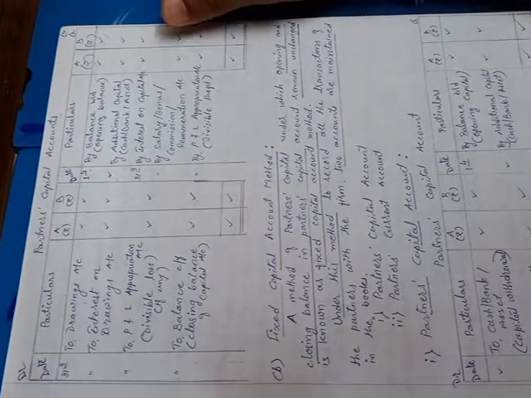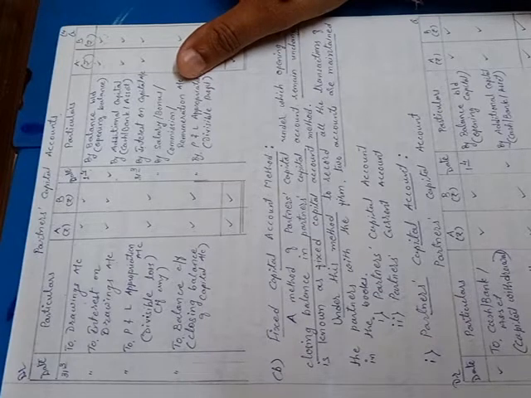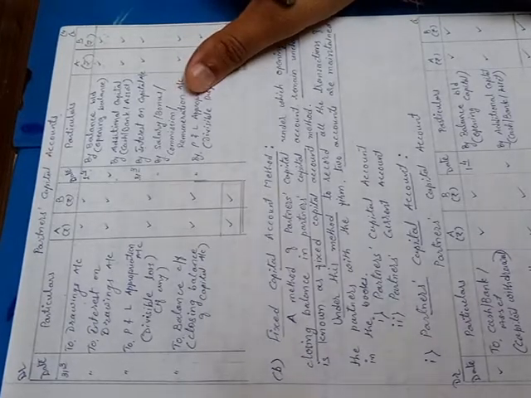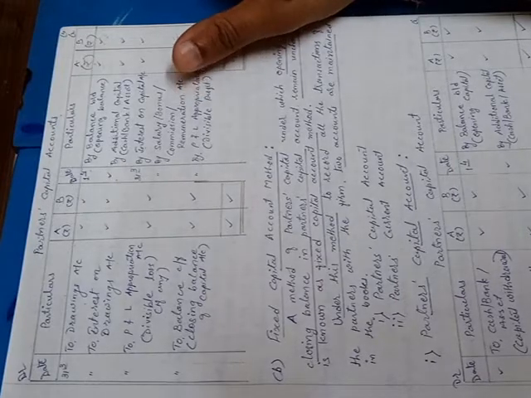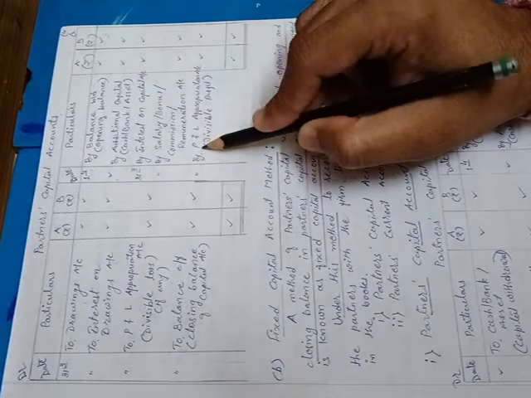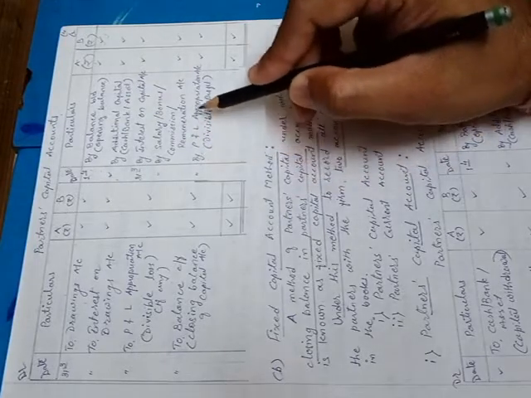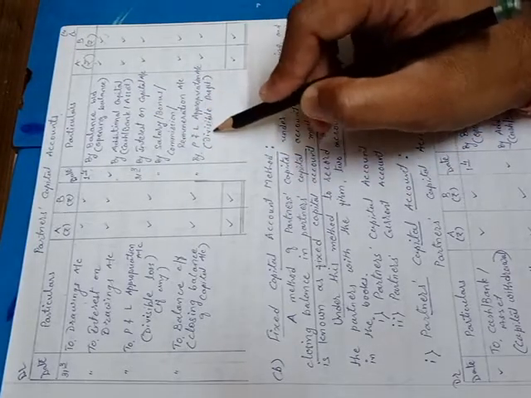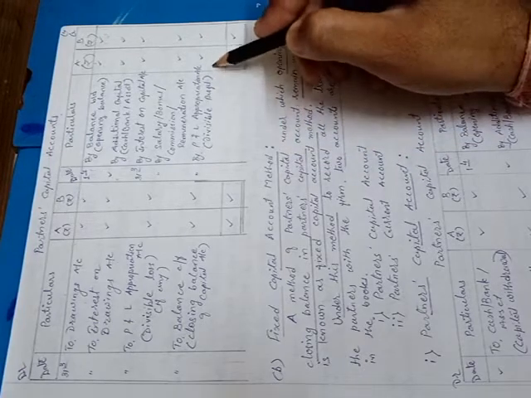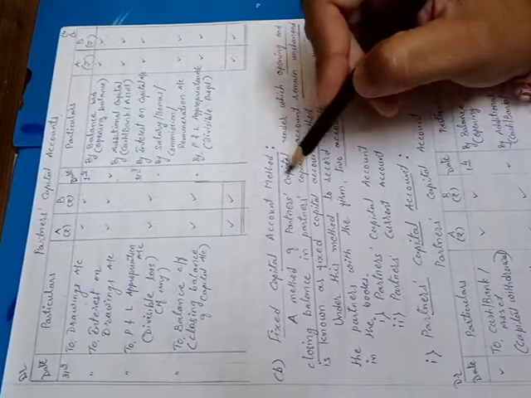So the journal entry to transfer divisible profit to capital account is profit and loss appropriation account debit to partners capital account. So it is shown in the partners capital account credit side by profit and loss appropriation account into bracket divisible profit and amount according to the distribution in the partners column.